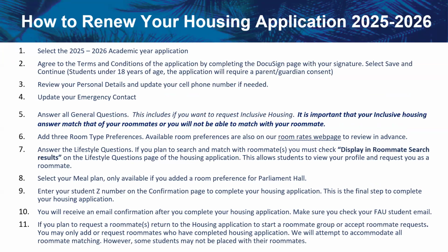To access the housing application, students log into the housing portal. On the right-hand side of the portal, there will be a link to the academic year 2025-2026 application. The students will agree to the terms and conditions of the housing application. This is a DocuSign document that will populate within the housing application. Students will create their signature and then finish the DocuSign document and go on to the next steps in the